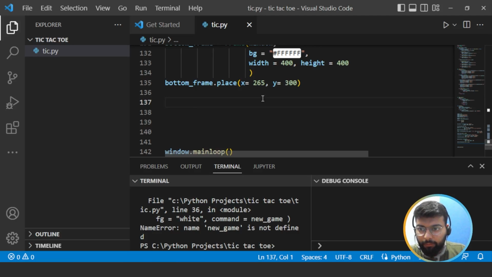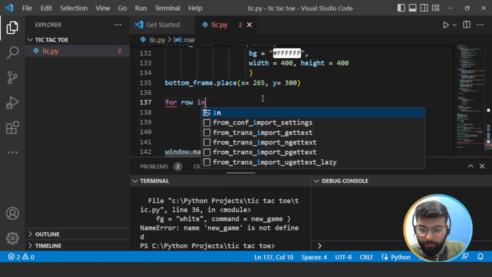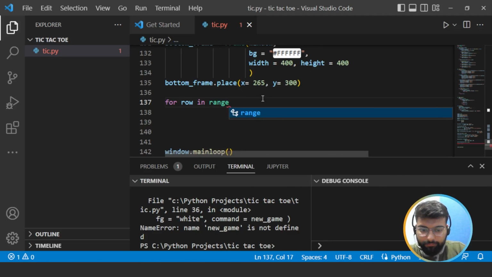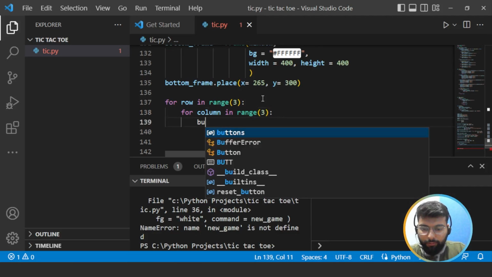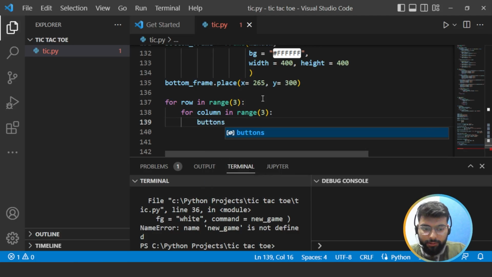For that, we will run the loops, that is for row in range 3, now for column in range 3, and now we would set them buttons row column,